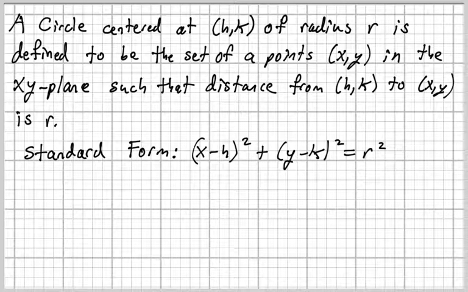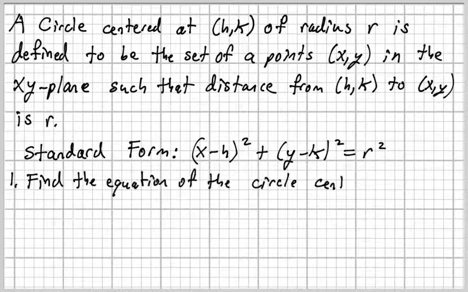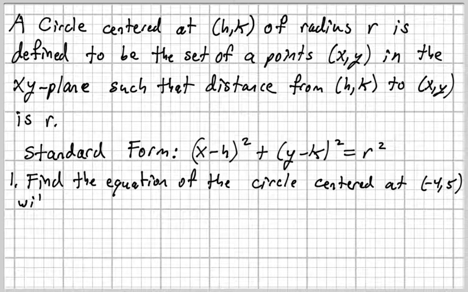So we're going to do a couple examples where we're given the center and radius, we'll come up with a formula, maybe we're given the formula, we come up with what the center and the radius is, and maybe do a little bit of graphing too. So the first question here says to find the equation of the circle centered at -4, 5, and with a radius